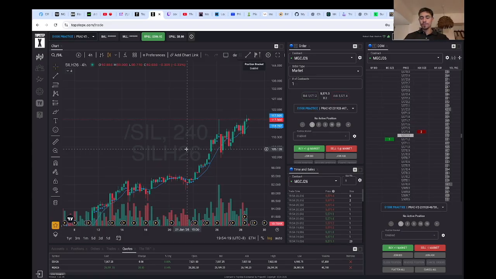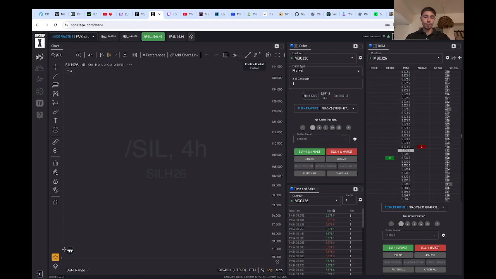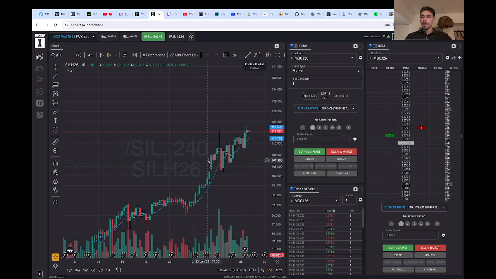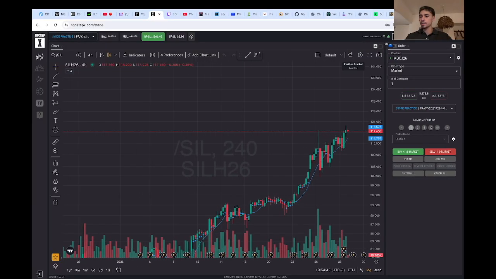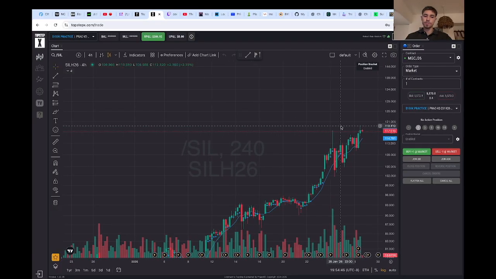For the most part, I'm gonna just show you guys how I keep my chart. I don't need accounts down here, positions, orders, trades, quotes, tilt. I don't need any of that. If I want to see that, I could just add it later. I get rid of the DOM. Personally, I'm not using it. Time and sales, personally, I'm not using it. You could use it. Other traders use it and it helps them, and that's great. Personally, I'm not using it. And so I try to keep my chart simple. All I need is a chart and what I'm going to be using to get in and out.